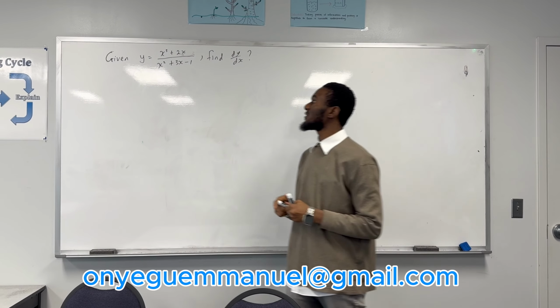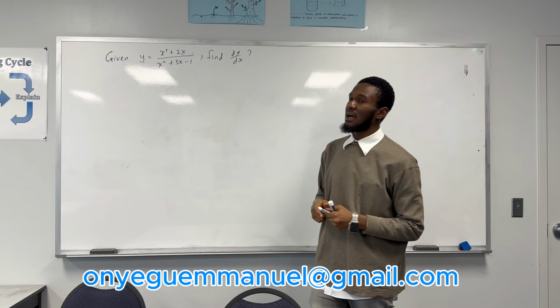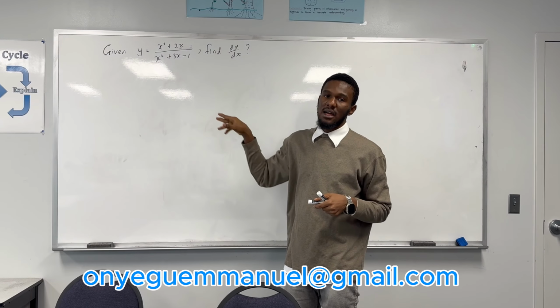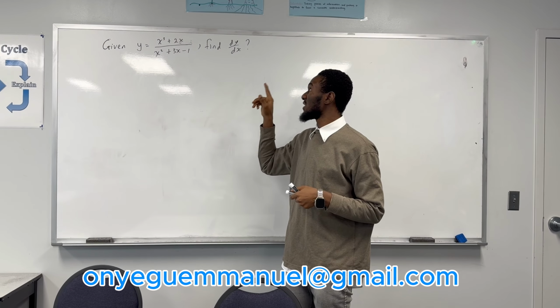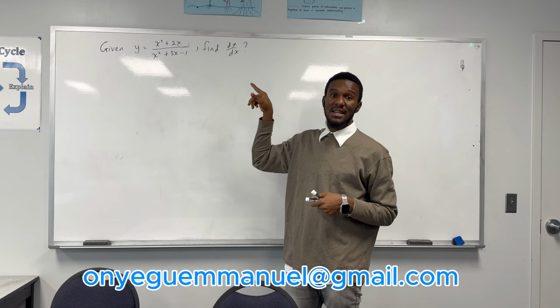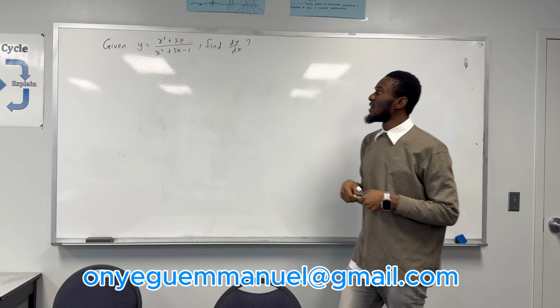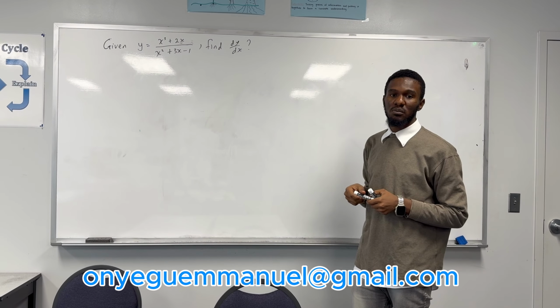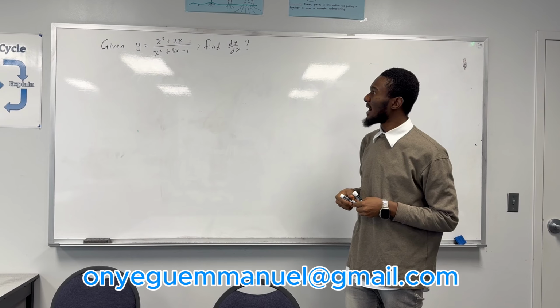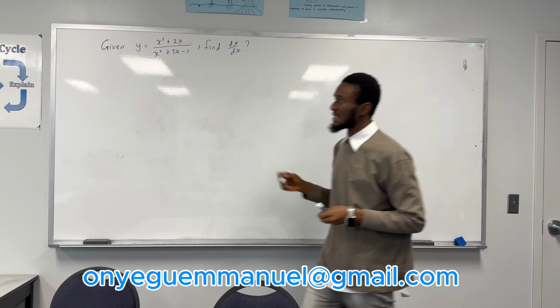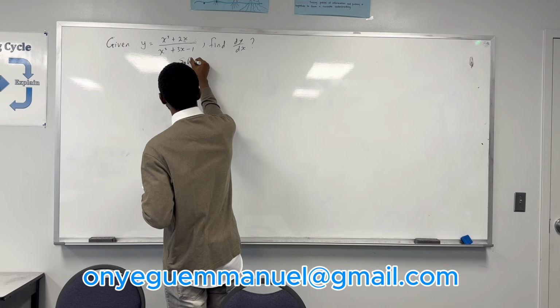So today we have a problem on the board. Given this function y equals x cubed plus 2x all over x squared plus 3x minus 1, find dy/dx. Looking at this, you solve it using the quotient rule because it is in fraction form. And the formula for the quotient rule says,